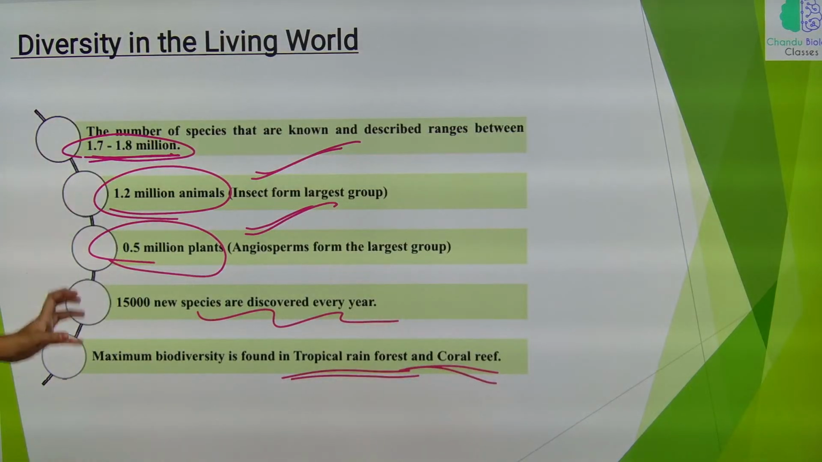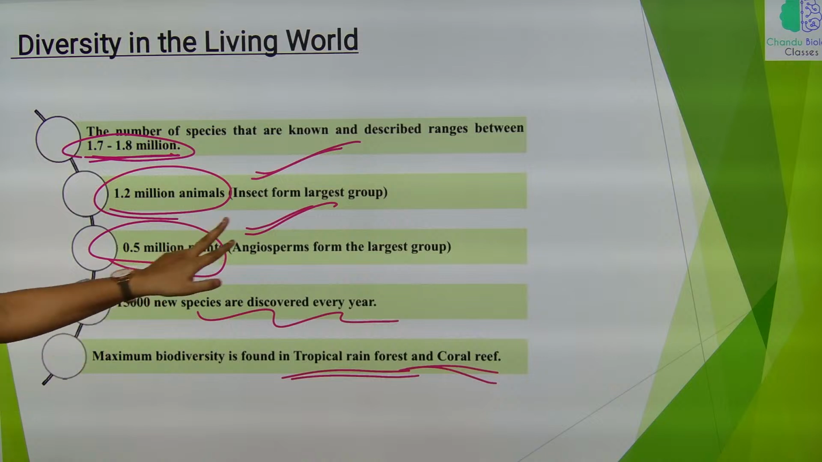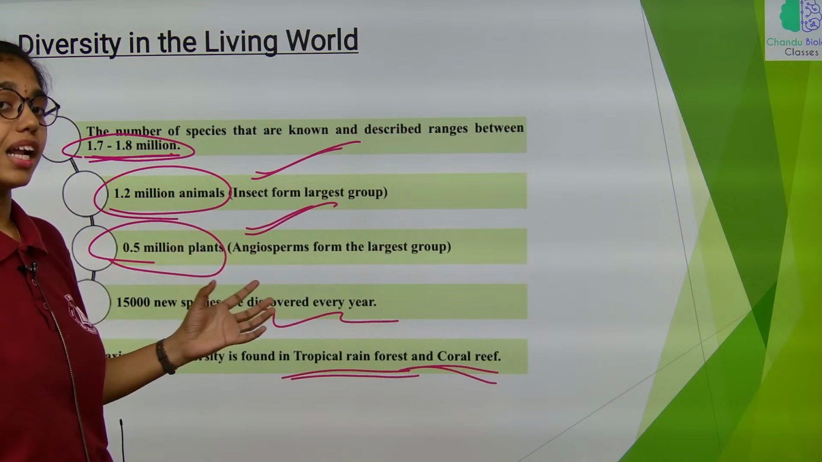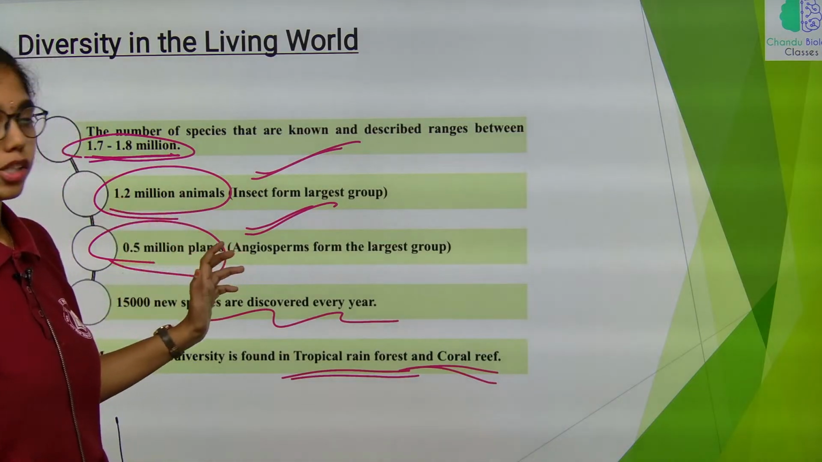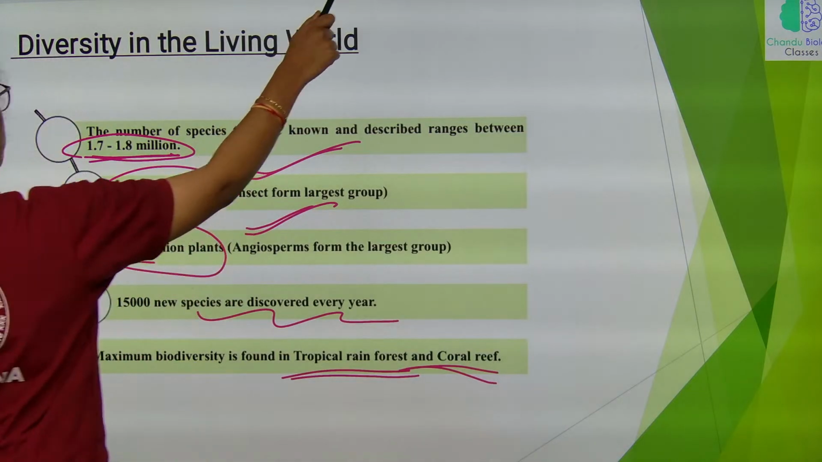So this is the diversity of the living world. Here we have to highlight and remember which set of organisms are the largest groups. In animals it is insects, in plants it is angiosperms. Next,